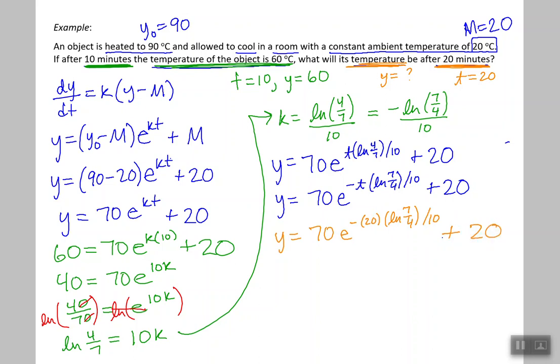Now we can go to our calculator, typing that in to get a value that makes a little bit more sense when we're trying to figure out a temperature. Typing that in, we get that temperature is approximately 42.857 degrees Celsius, since we're working all in degrees Celsius. So its temperature after 20 minutes is approximately